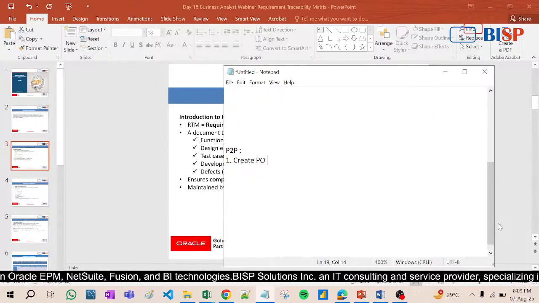Create PO. Then, is the form count fulfilled? For example, there are 7 purchase reps, and every person needs a different form. So, is the form count fulfilled? Then the design aspect,